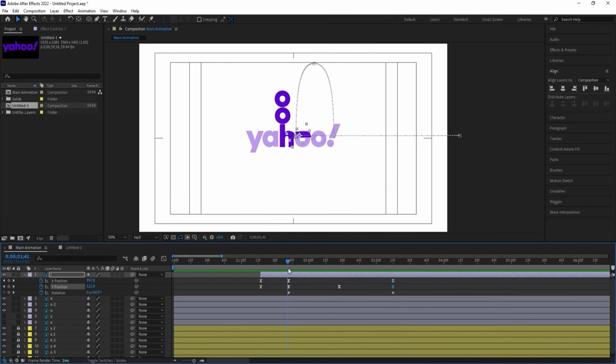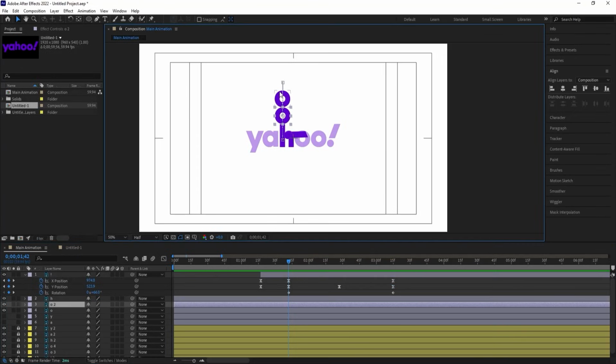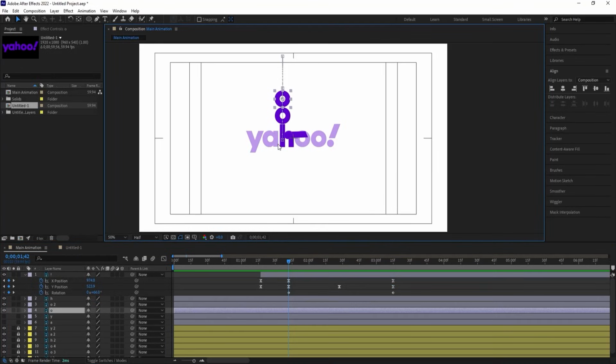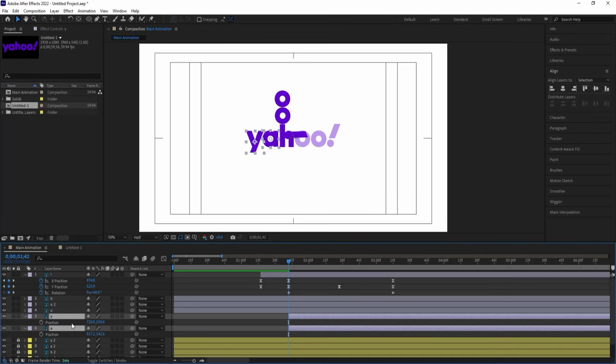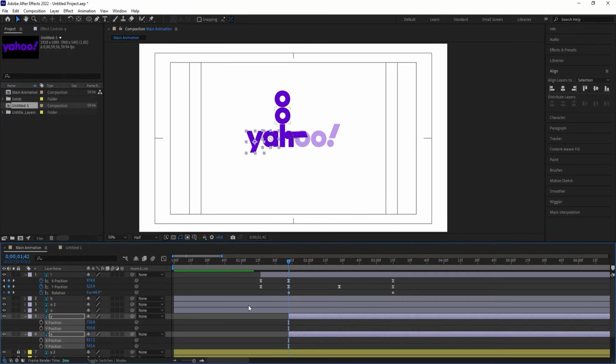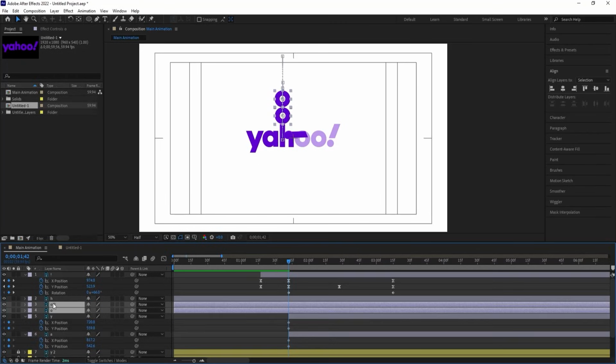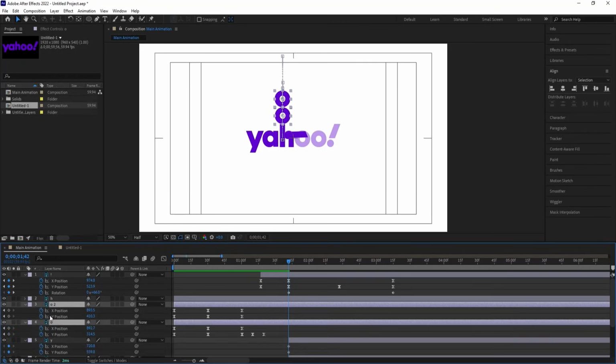Okay, now after that there should be animation for this O and this O, as well as this A and Y. Okay, so let's select this Y and A, and let's, with the help of open square bracket, move them over here, then press P for position, select those P for position, right click and choose separate dimension. Let's create one keyframe at X and one keyframe at Y, then select this O as well, press P, create one keyframe at X and one keyframe at Y,